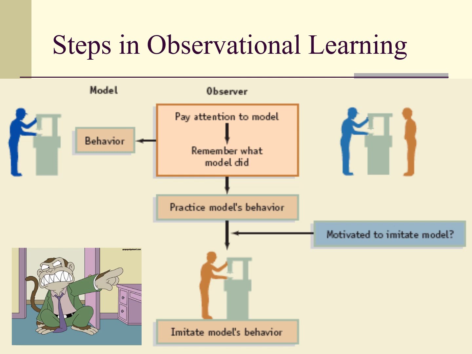So the first thing is there has to be the behavior. The behavior has to be being done by someone. So whatever the behavior is that we want people to learn, that behavior has to be demonstrated, whether it is a leadership style, whether it is operating a particular machine in a certain way. The next thing is the observer needs to pay attention to that behavior and remember what that behavior was.